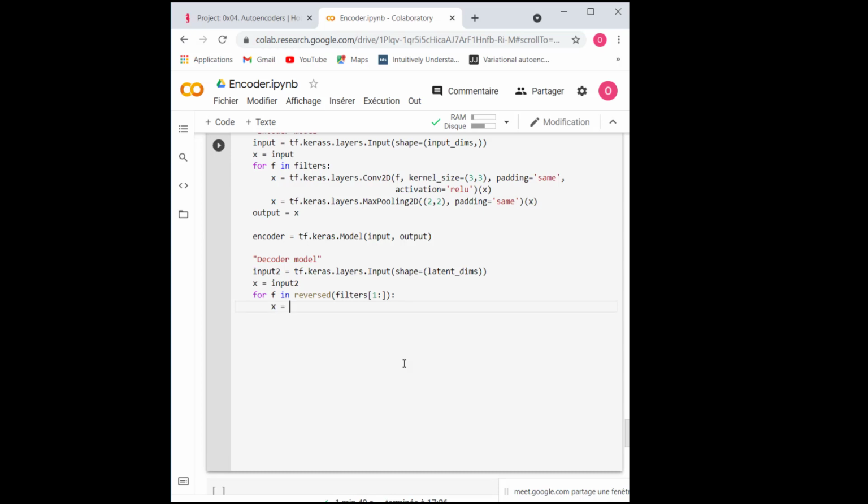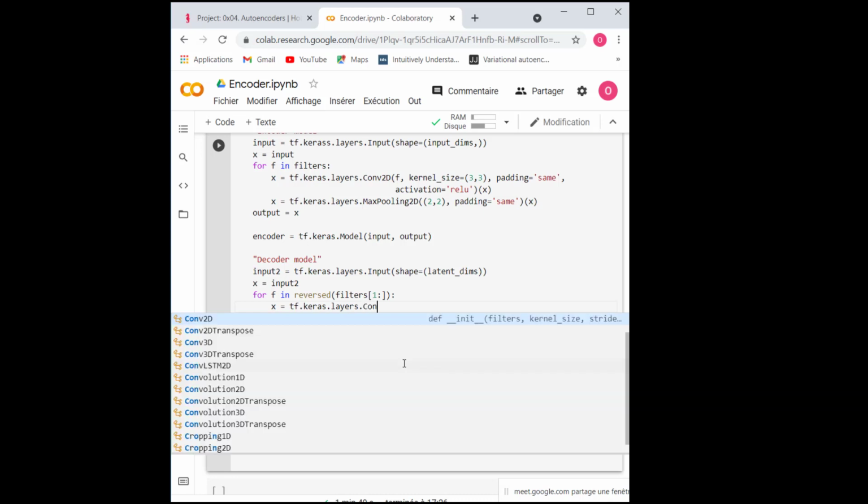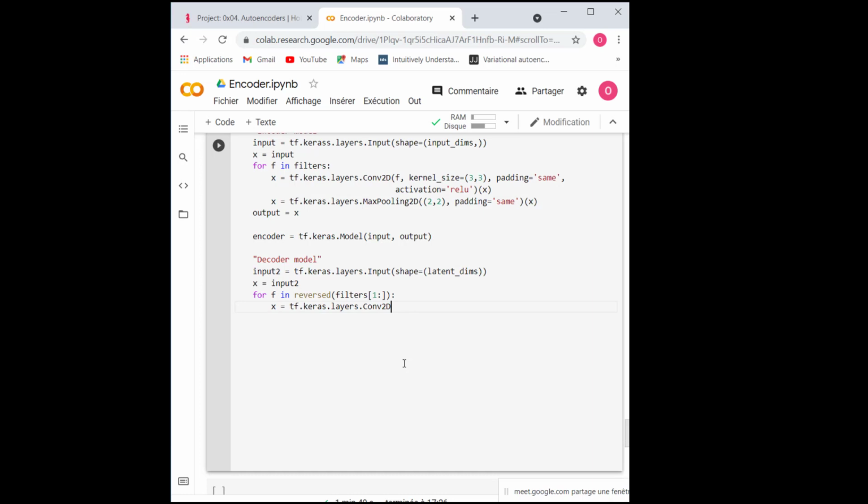My first layer in this loop will be a convolution layer. It will take my f for the filters. My kernel size here will be the same as my encoder, so it's going to be 3 by 3.